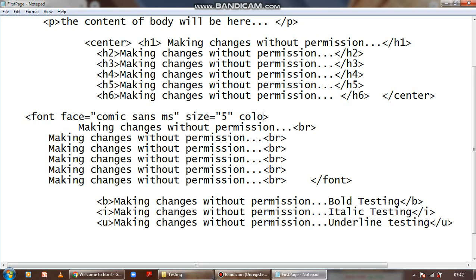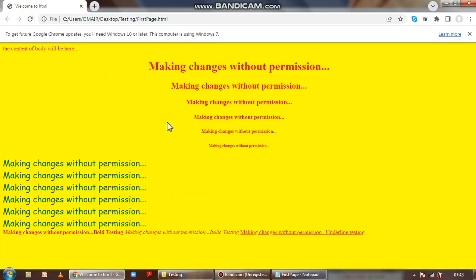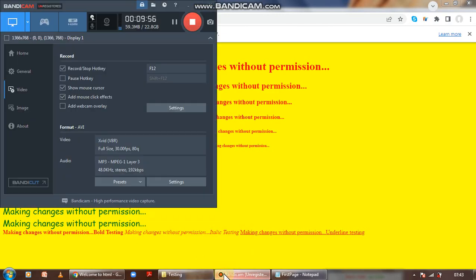And color, let me change the color of this particular text also. Color equal to, I will write the color as green. So what attributes have we used? Font face means the font style, just like Times New Roman, Calibri or Comic Sans MS. Then the size of the text I have increased, and I have given the color of the text as green. Now how much text is going to be affected by this? This much of the text, from the starting until where the font is closed, it will show the changes till that point only. So save this file, go to the browser and refresh it. You see that for whatever statements I have made, the font style is changed, the font size is changed, and the color of the text is changed. This is how we use the